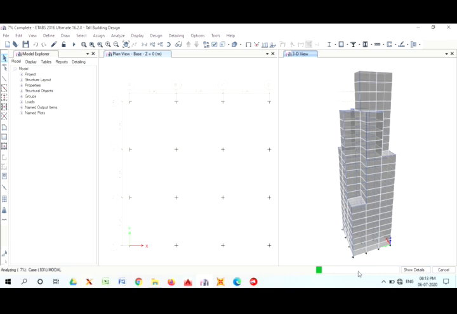Once the analysis is done, the analysis result will be displayed as shown. You can see in the 3D view the displacement of the elements of the building.